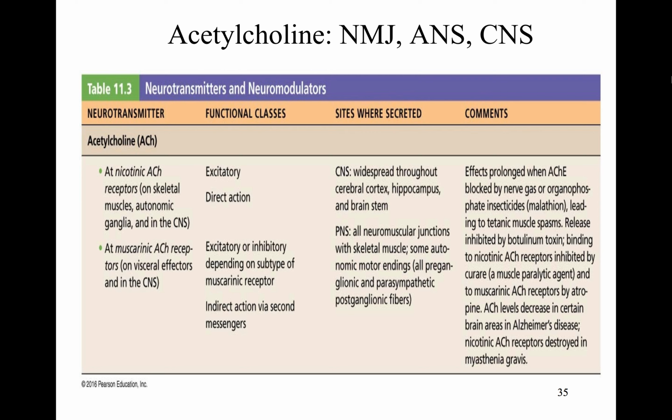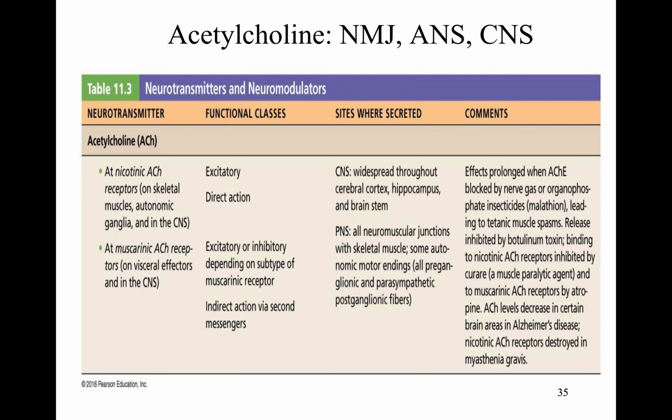In this slide here, this is showing you that table from your textbook. There's a lot of information in that table. I only want you to know the information that I'm telling you about each individual neurotransmitter. So I might talk about the classification of the neurotransmitter, if it acts directly or indirectly, if it's excitatory or inhibitory, where it's located, and what it does. But I only want you to know what I'm telling you about these different neurotransmitters. You don't need to know everything that's presented in this table from your textbook.